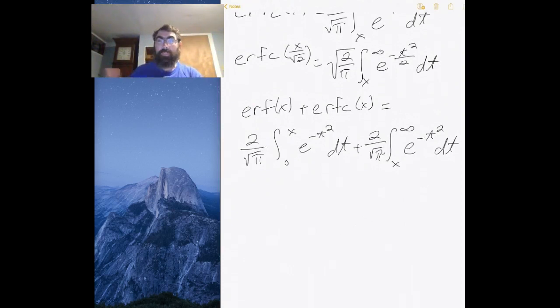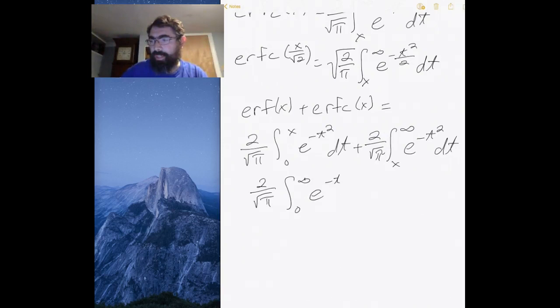And so if I notice, I have basically the same integrand, and I still have the same factor of 2 over the square root of pi in front of both of them. So I would get 2 over the square root of pi, the integral 0 to infinity, e to the minus t squared dt,